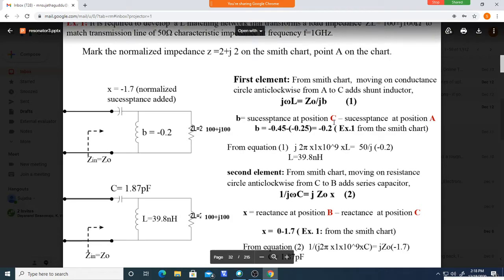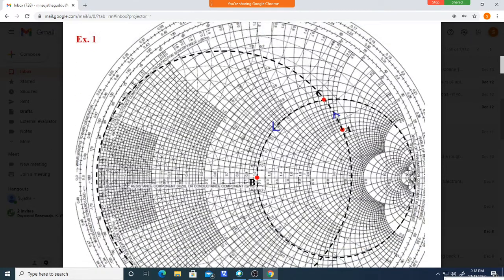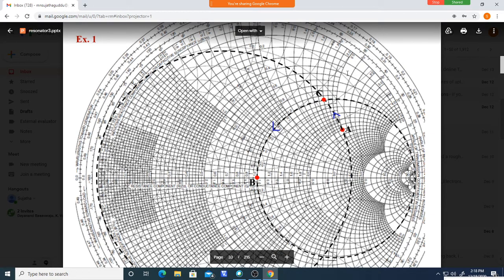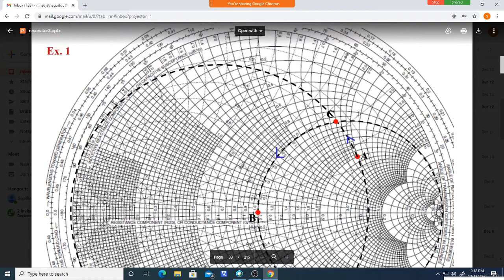What is the susceptance at C? You find out what the susceptance is here. How do you find it? I have already told how to find that. You see which susceptance circle is passing through this point. Approximately the center is here. The circle is not shown here, but you should imagine and draw approximately one circle, like this, passing here.